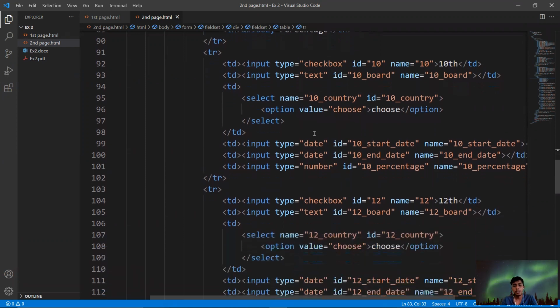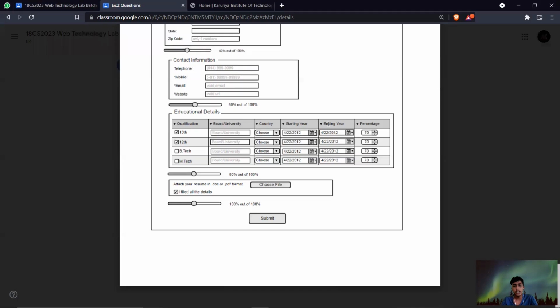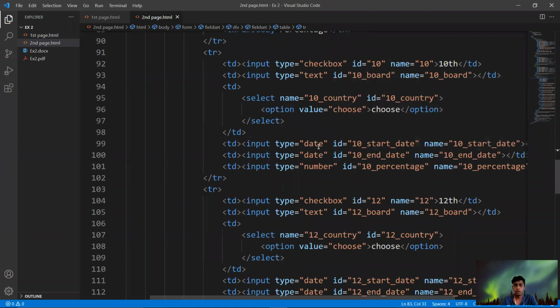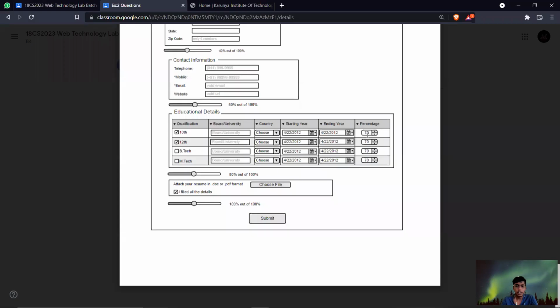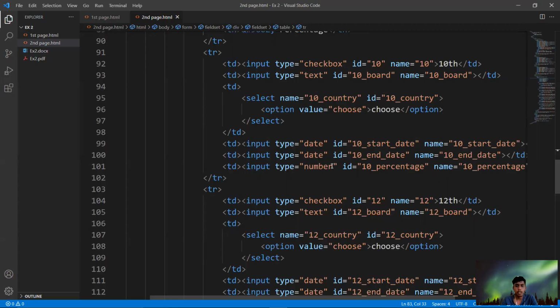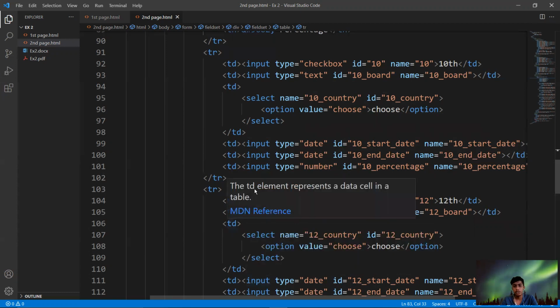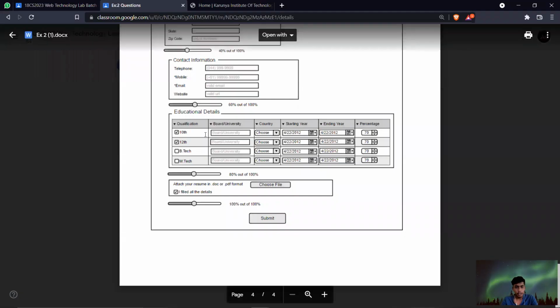Next I'm going to create dates, starting and ending. The two elements should be the same, that is date. Only the name will vary, and after that we are creating the same drop down list box. The percentage I'm giving as type number, so you can enter a number there. This was what we have given for the first row.